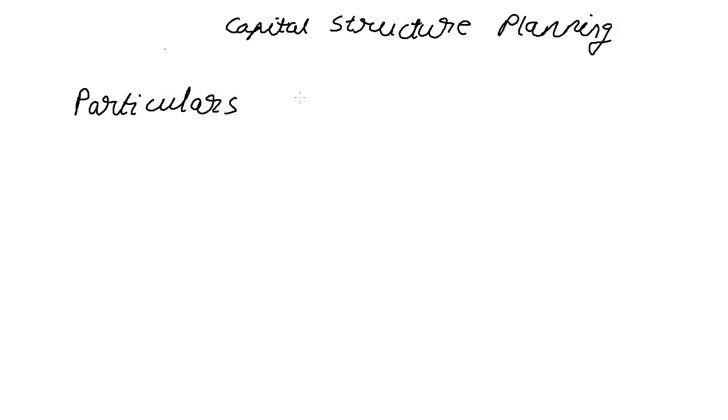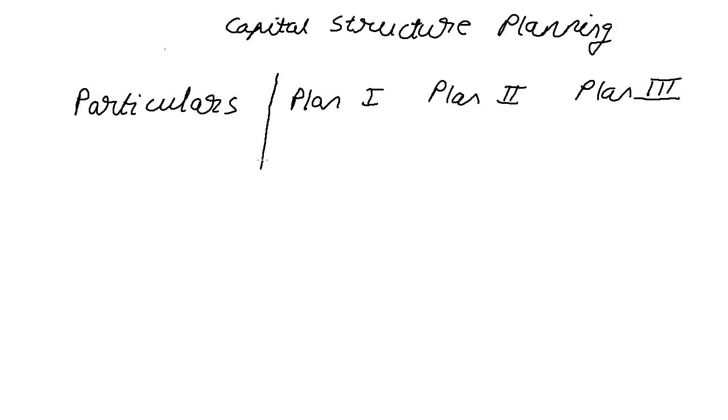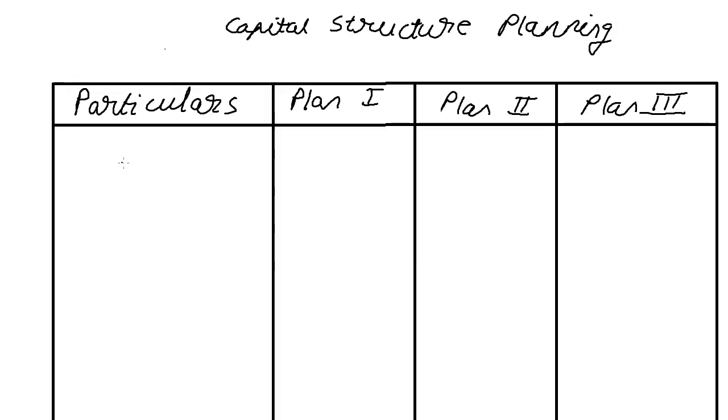We'll have particulars, and then we can have any number of plans. So plan 1, plan 2. Most sums will have maybe 3 or 4 plans. For the format, I'm just doing 3 of them. Most of the stuff you just need to keep in mind in the particulars column. We start with the earnings